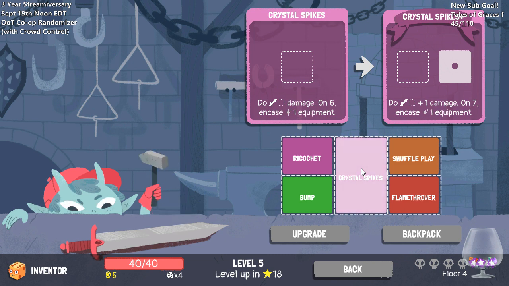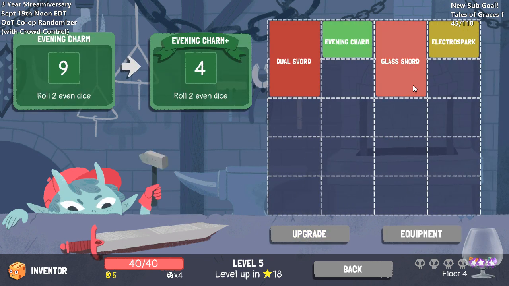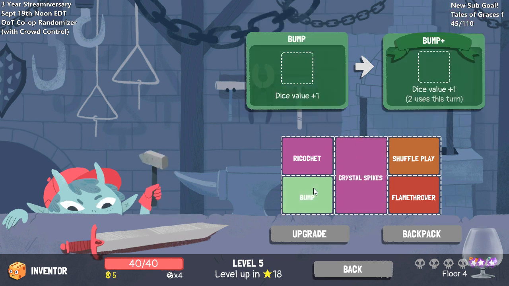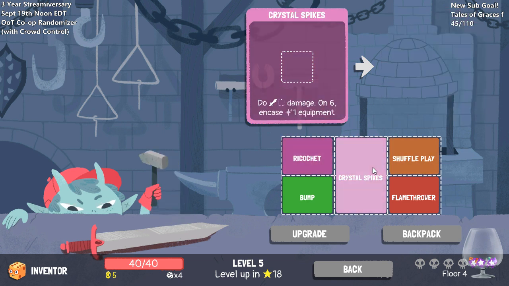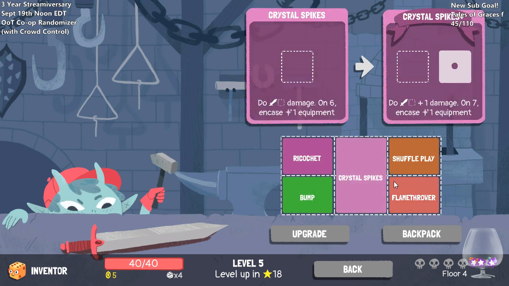Many interesting questions. I don't actually remember what encase is. We've seen it happen to us, but I forgotten. I don't remember. Oh yeah, it's a countdown. Right. I know that evening charm is also tempting. It also helps the crystal spikes. I feel like we maybe can replace the shuffle play with, quite possibly. Now again, we don't have much in the way of dumps, but...